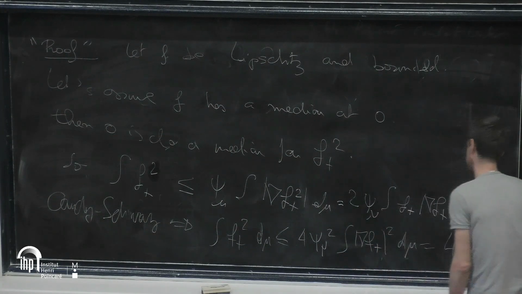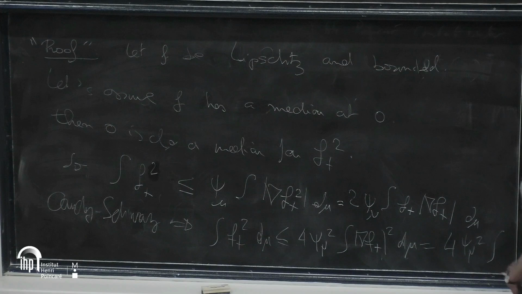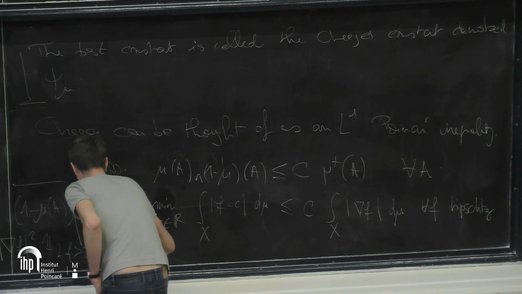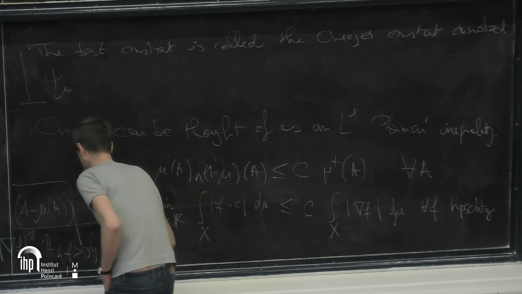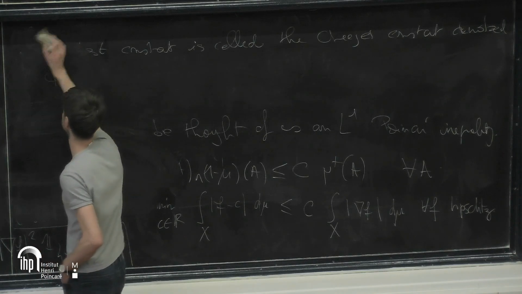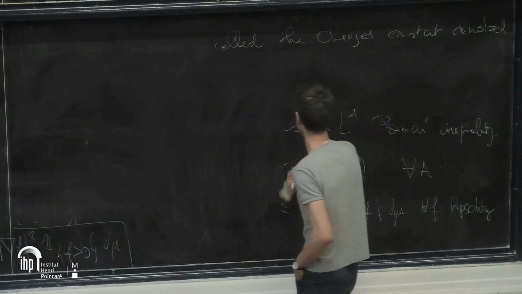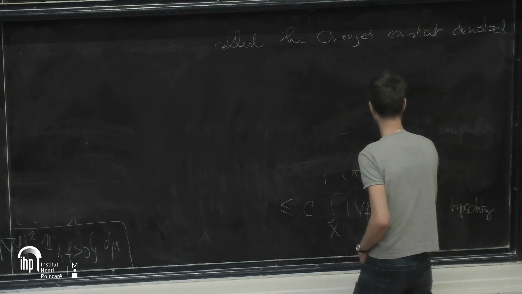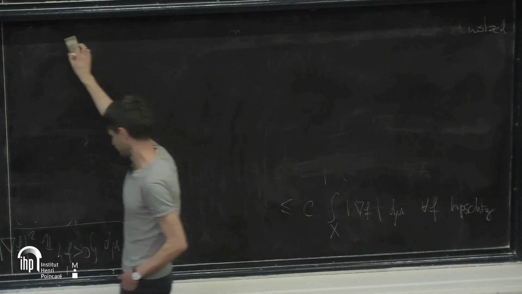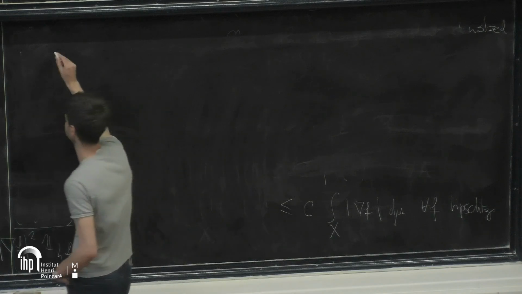That's 4 psi mu squared times the integral of grad f squared times the indicator that f is positive. And then obviously you do the same thing with f minus, and you add up the two, and you get